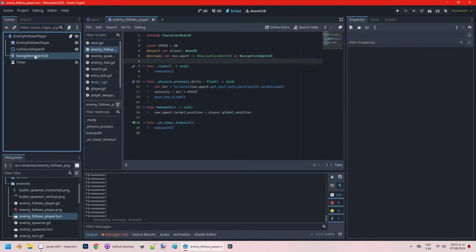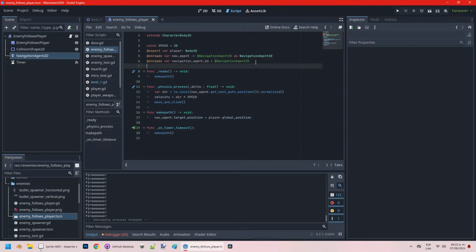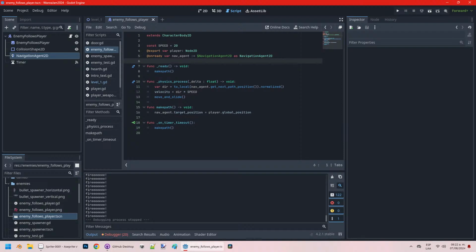So if we play it, you see it works, and you can see how fast the thing updates, right? How fast the path updates. It updates 10 times a second. It's gonna find the path